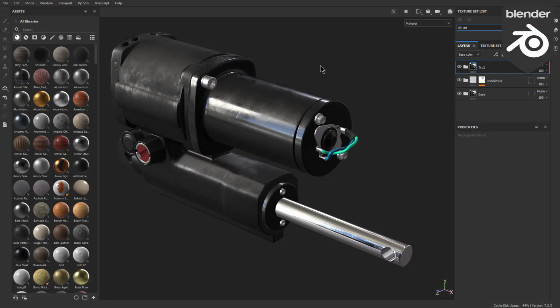One question I received at the end of this project was, how do we present this in Blender? So before we export it, I am going to just look at our try to, which is basically me texturing it after the fact, kind of a secondary layer just added on top, but we see that adds a little bit more character. We see that the initial wear pretty much impacts this front cylindrical piece a little bit hard,